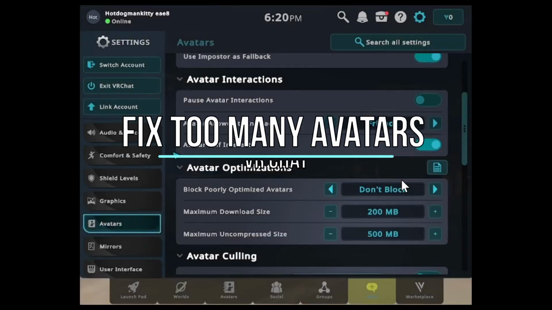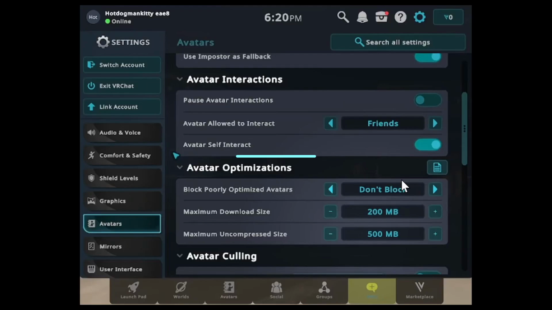Welcome, today we're going to show you how to fix the too many avatars problem in VRChat. If you're having this issue, that means that the RAM or memory on your PC or the device that you are using VRChat on is not enough to hold all these avatars, or you are showing too many avatars in the game. Either way, you need to lower the avatars that you show in the game